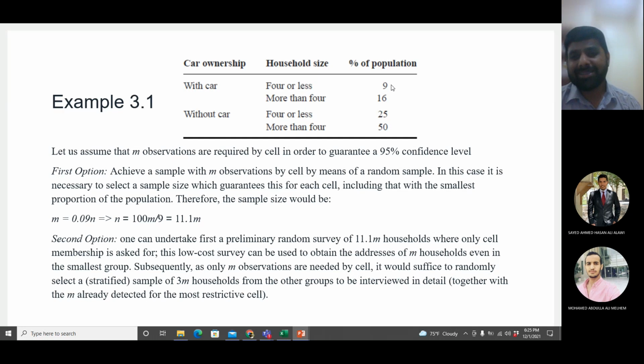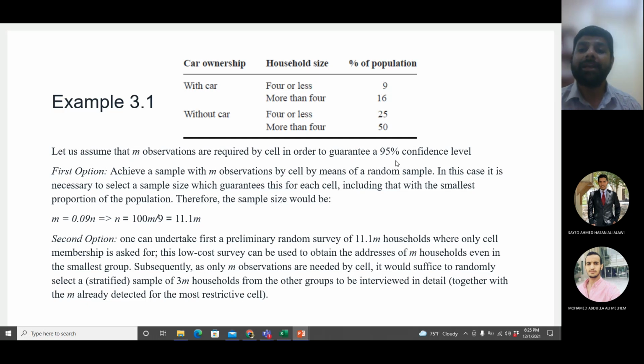So since this is the case, I cannot collect 4 times m values randomly, because if you do that, obviously in this category you will have more values, in this category you will have fewer values, in this category you will have even fewer values, and so on. So all of them will not be equal to m. In this category you may have more than m values, and in this category you may have fewer than m values.